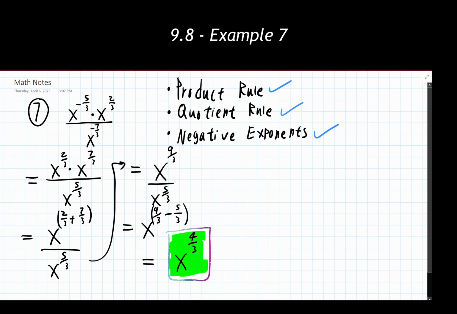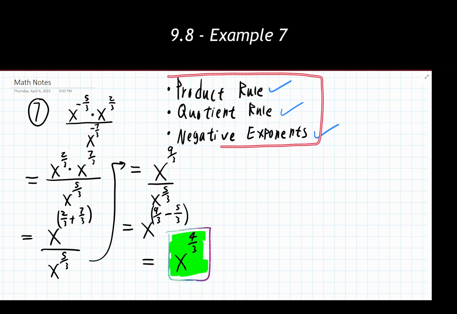So when you're going through problems like these and you're not sure where to start, I think it's a pretty good idea to take a minute, 30 seconds or so, just to write out what are the potential rules and properties that you could apply in a problem, and then from there determine which one you want to start with and then go with next, and so on and so forth as you see fit.